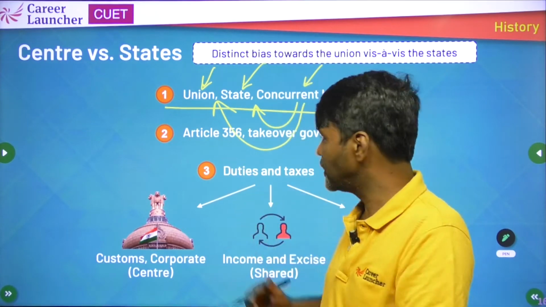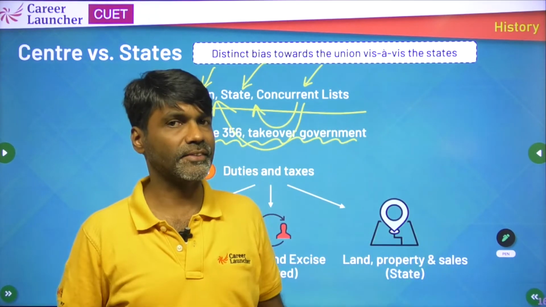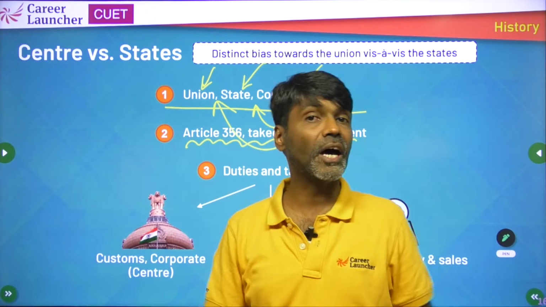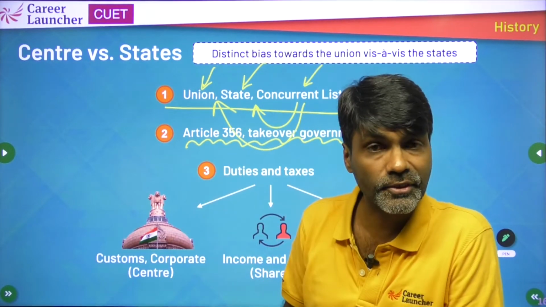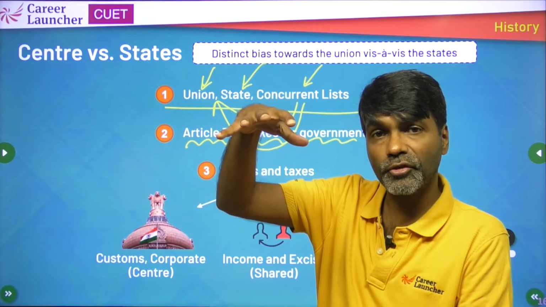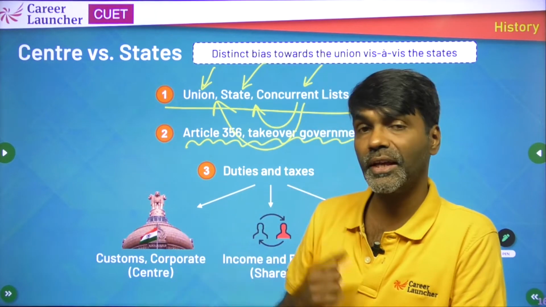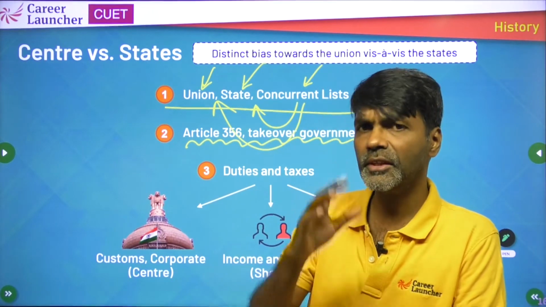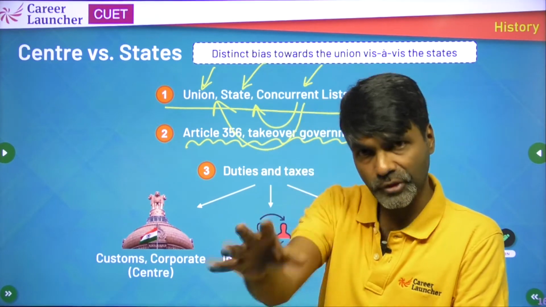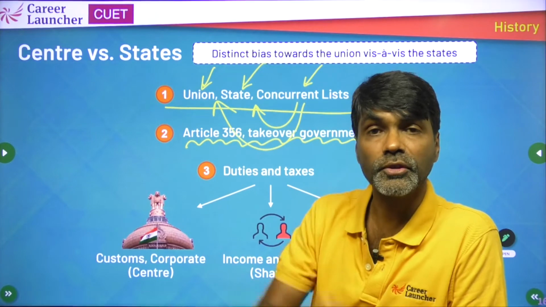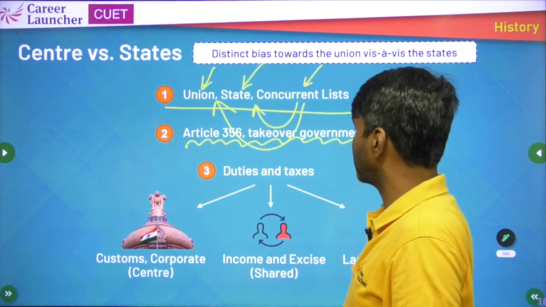One additional feature was put in: if there is a crisis, if there is an administrative breakdown for any reason, they created something called Article 356, in which case the central government or the union government can dismiss the elected state government and take over the administration. It is considered not a good thing to happen, but there are times when this has happened, and the first time this was applied was by Jawaharlal Nehru himself. We covered it in some other chapter, I'll skip that here.